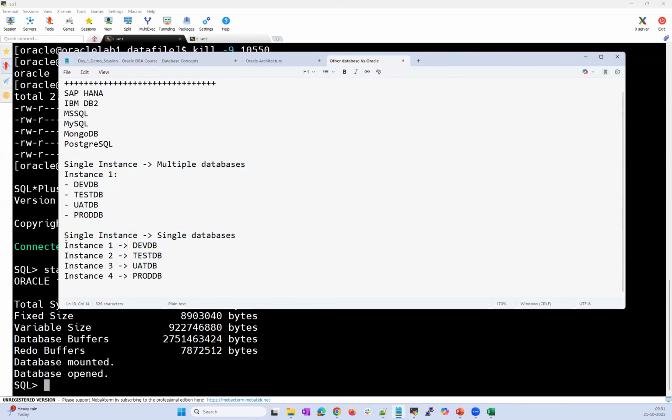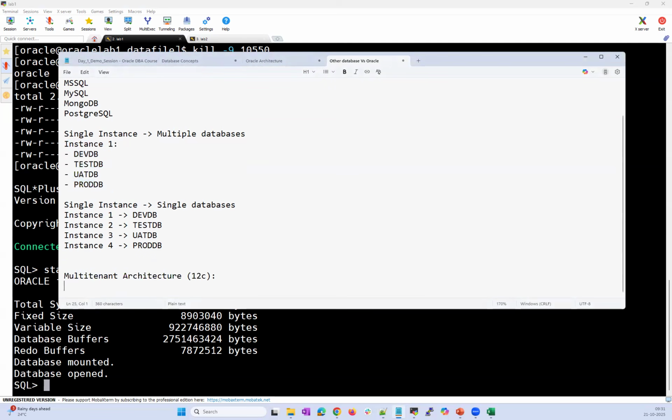And that's where there's a little bit of challenges. That's where Oracle started with the multi-tenant architecture. How can we align with the other database architecture? This is the other database architecture. They are able to manage one single instance with multiple databases inside that. So how can Oracle support this kind of architecture? That's where they started with this multi-tenant architecture with a single instance,